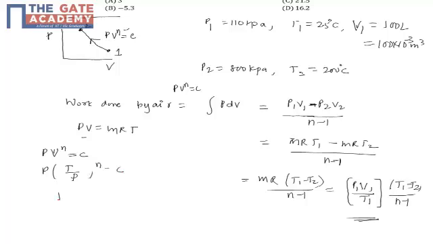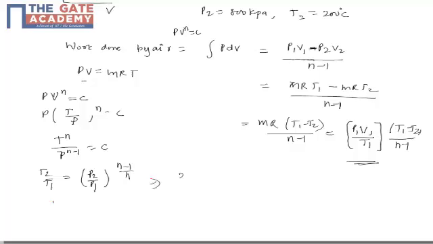This basically means T^n by P^(n minus 1) is constant, and which basically means T2 by T1 is (P2 by P1) whole power (n minus 1) by n. I can put all the n's together on one side. I know individually T1, T2, P1, P2. If I substitute that, I'll get